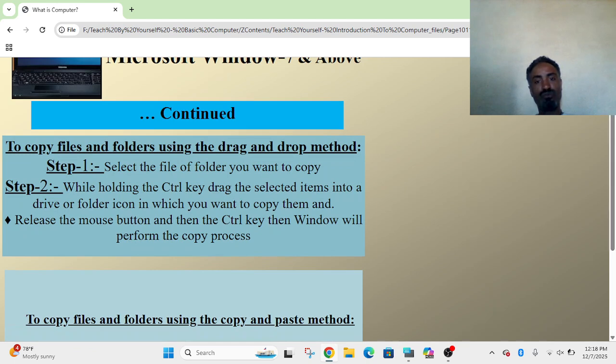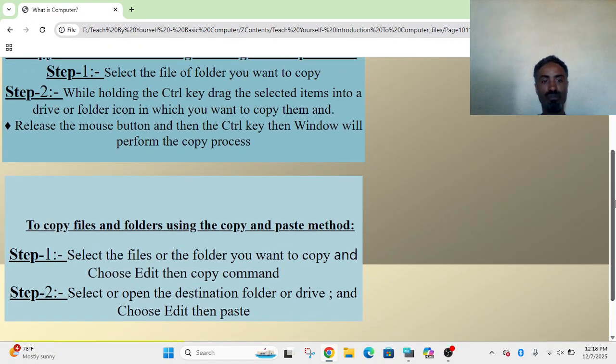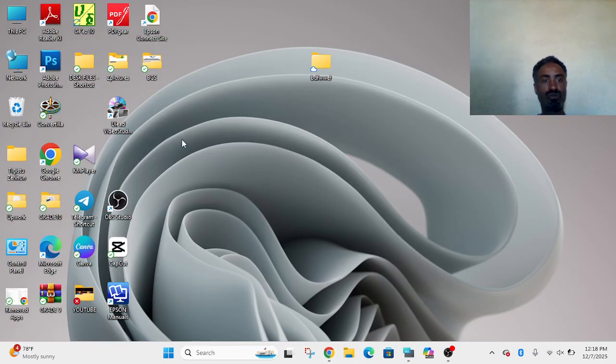In the case of a computer, we have to hold down the control key. Select the file or folder you want to copy using the drag and drop method. While holding the control key, drag the selected item. Then when you reach the place you want to copy to, you have to release. Let me just show you here.